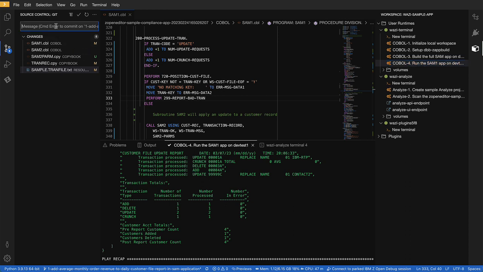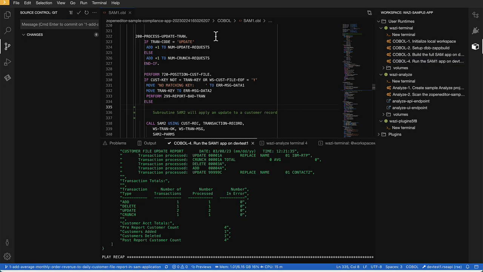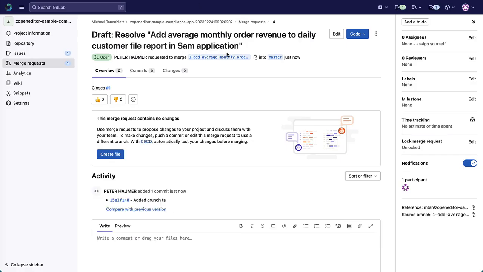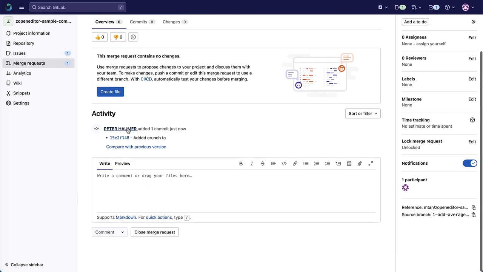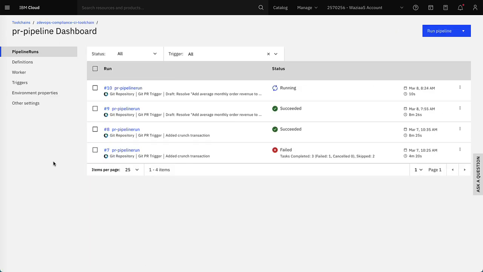So she can now basically create a commit, "added crunch transaction," and then push this commit to the GitLab repo that she was cloning from originally. So those commits that we were pushing will end up directly, as you can see here, in the merge request that we created earlier. And now this will then trigger in our tool pipeline that we saw here in our dashboard at the beginning a new build that will build now the application with these